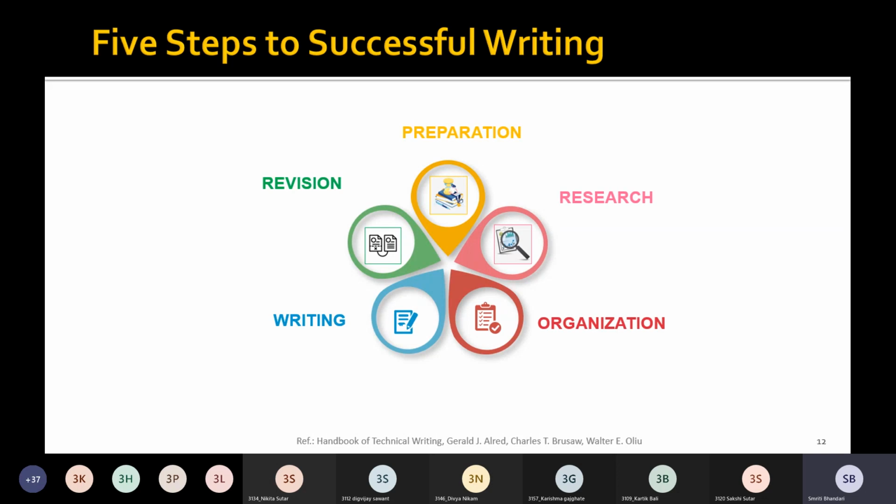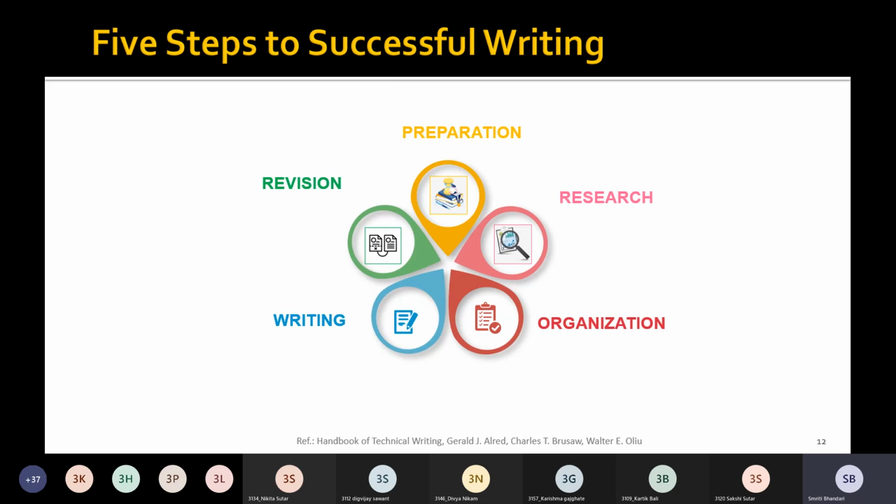So we are writing a document for some intended purpose, and that too for a clearly defined audience. To write an effective document, we need to follow several steps, and these steps are listed over here.